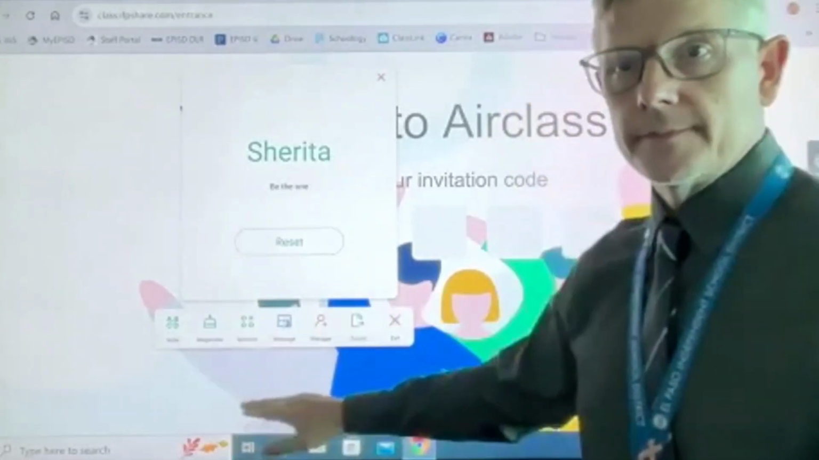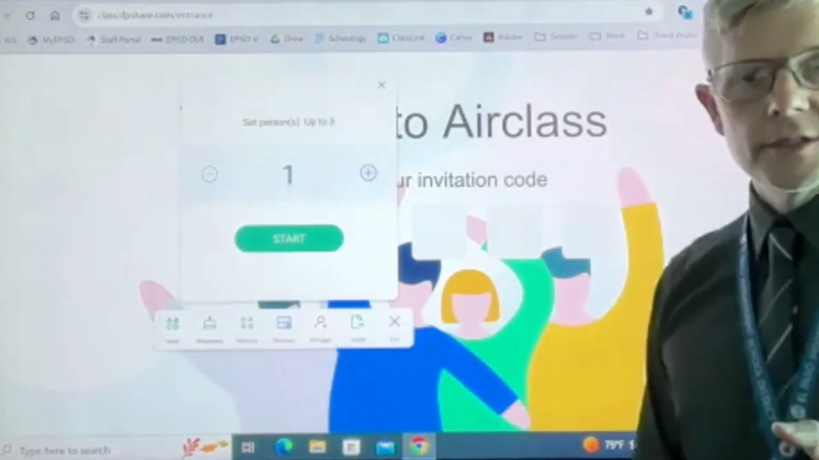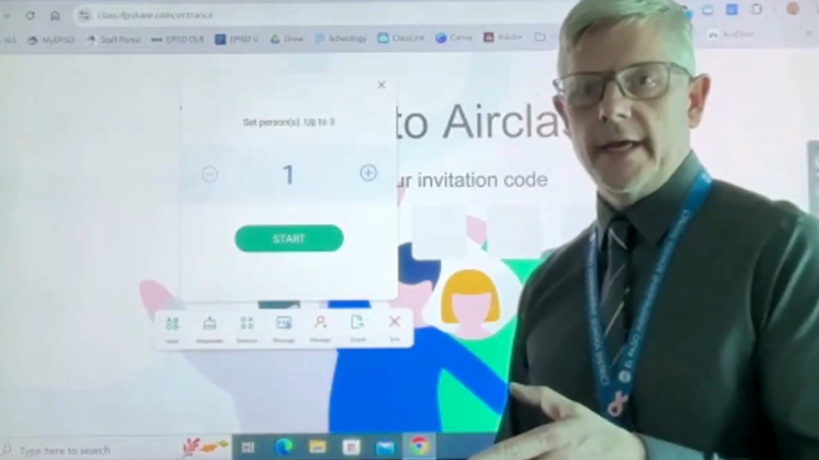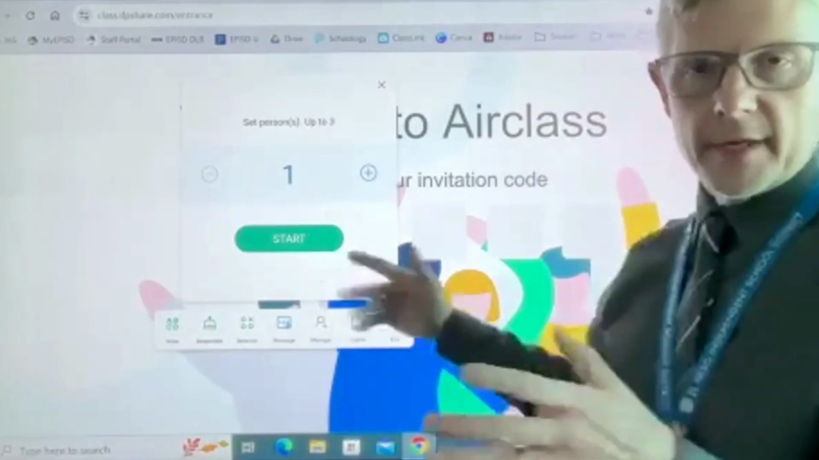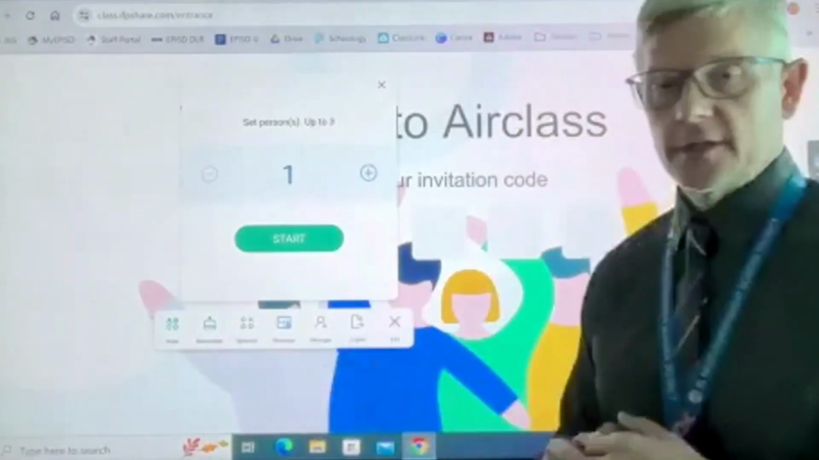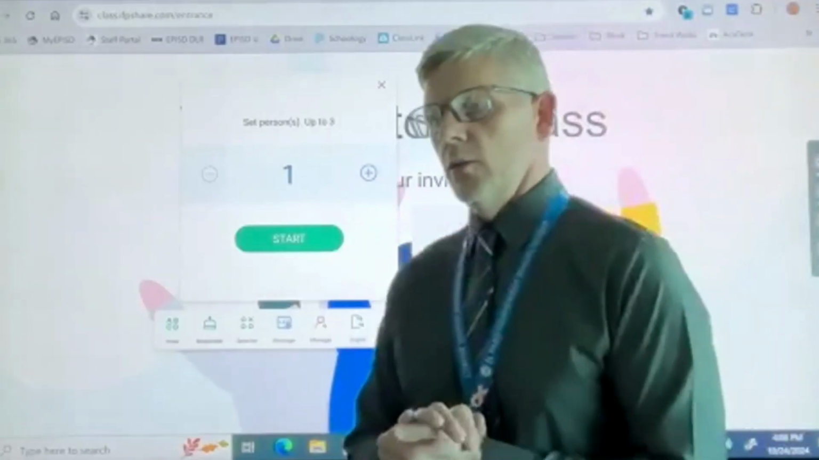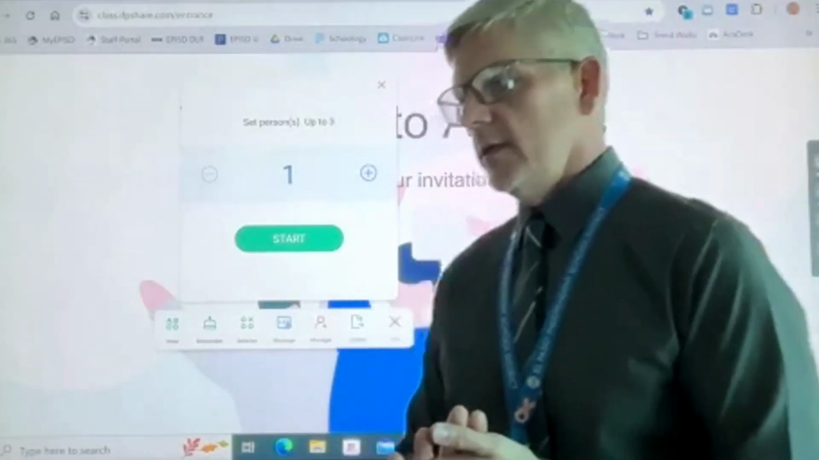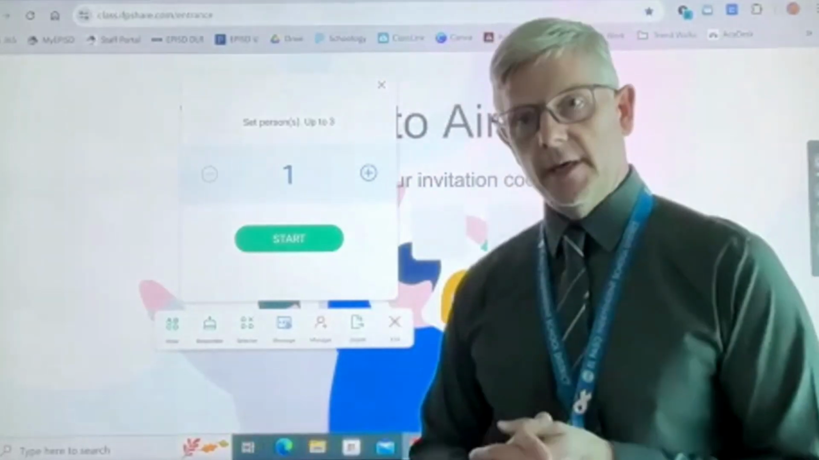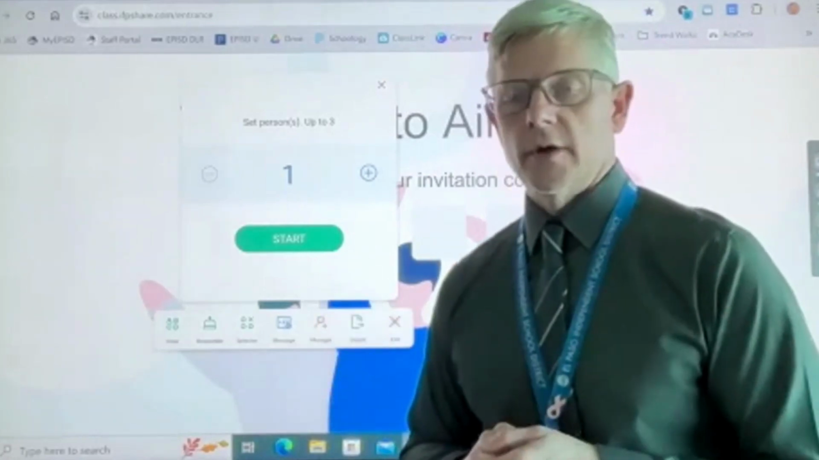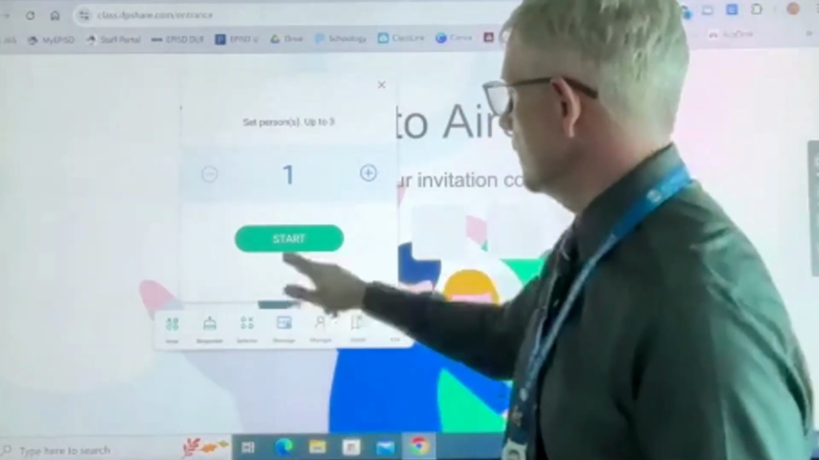So that's the responder. The last one I'm going to share with you today is the selector. So the selector is just a way to randomly select student names. And you can select more than just one. So if you wanted, depending on how many students are in your Air Class, you can select several names and it'll give you just a list of names. But what I like about this is that it kind of gives every student an opportunity to share and some accountability because they know, wait, my name could be called. And so I need to be paying attention because I want to know what the answer is or what to respond. So if I hit start,